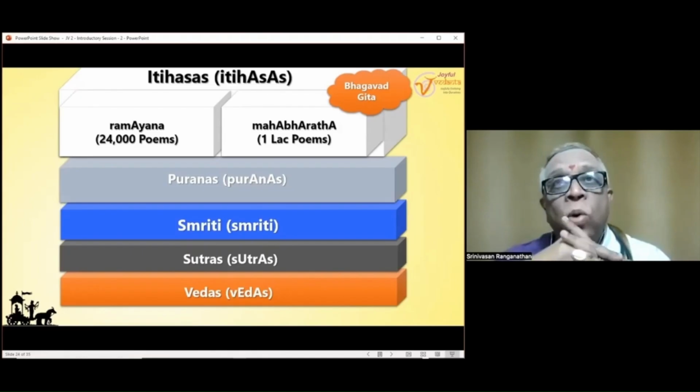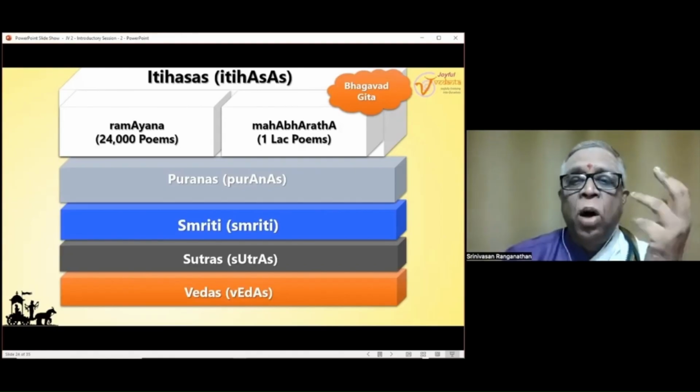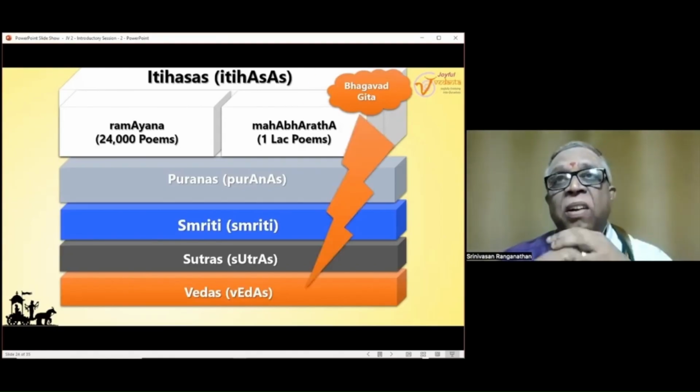Suppose you ask somebody who is the author of Bhagavad Gita, many people say Krishna. Now, Krishna is not the author of Bhagavad Gita. It's Vedavyasa who authored Mahabharata, who is the author of Bhagavad Gita. But it's extremely important to know here that Bhagavad Gita, even though it was authored by somebody, has all the content directly taken from the Vedas,